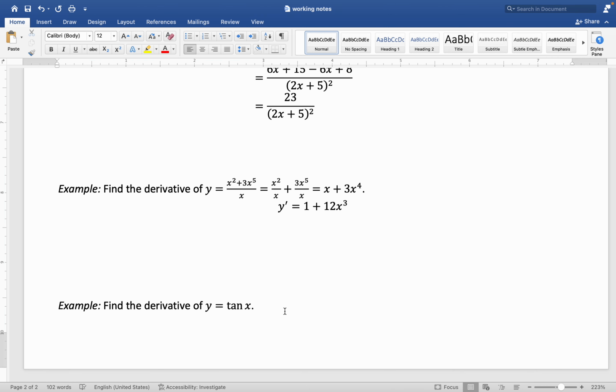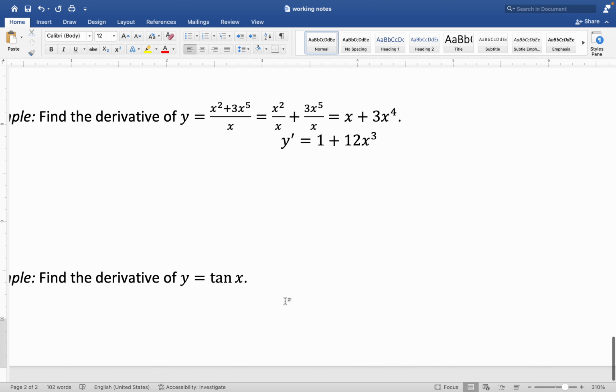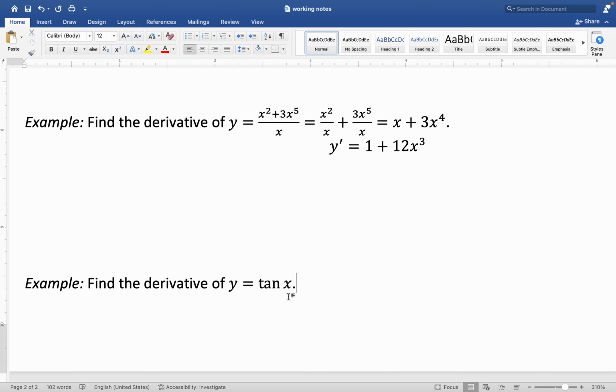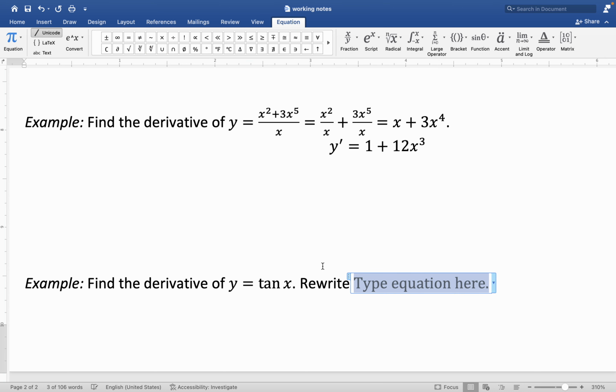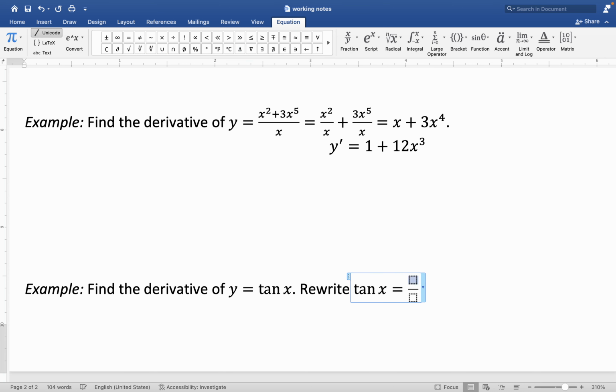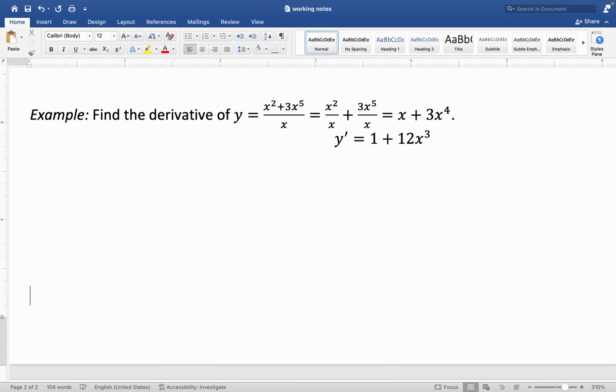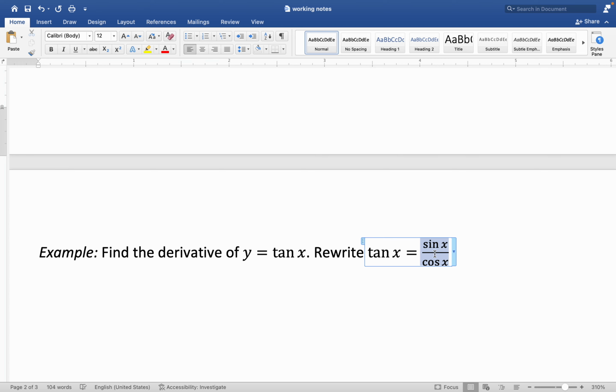And now the last example, and this is the last thing that we'll do today, is to find the derivative of tangent, which seems pretty random. Why are we talking about this? Well, the thing is, the tangent function can actually be rewritten using a trig identity as a fraction, as a quotient. So if you do that, we can rewrite tangent as sine of x over cosine of x. And so now that's a quotient, that's a fraction, and we can use the quotient rule on this guy here